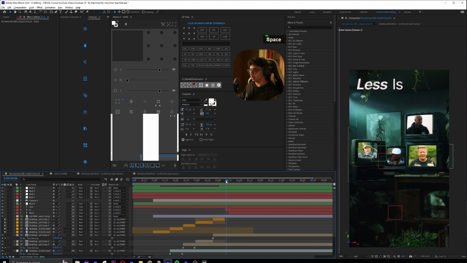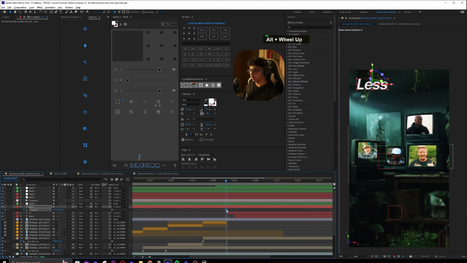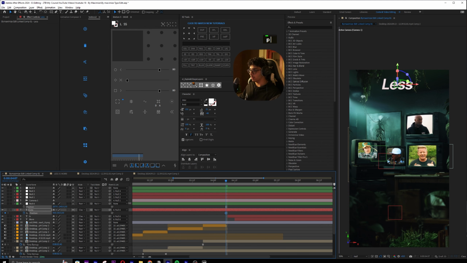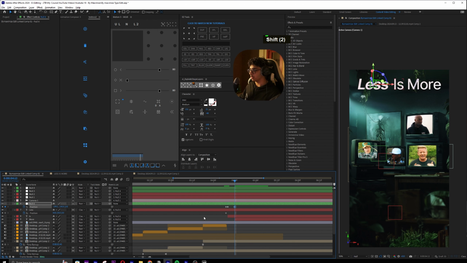You get me? And I'm going to make a seamless kind of movement. So at this point it's going to be here in the middle, and when this comes up it's going to go here. Oops, sorry, I was supposed to do that with the null. So it's going to be in the middle using the null, and then when is text comes it's going to be like this, less, so less is, and then when more comes up at this point it's going to go like this. And I'm going to right click and make all of them toggle hold, so it's not keyframed, it's just hold. Less is more, like this.